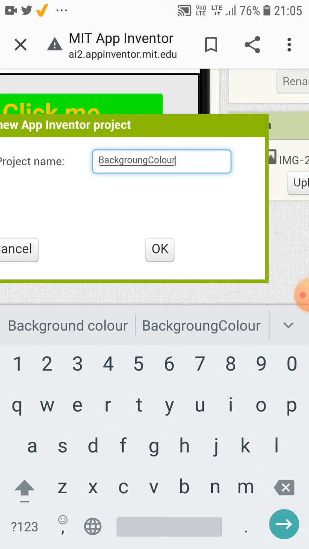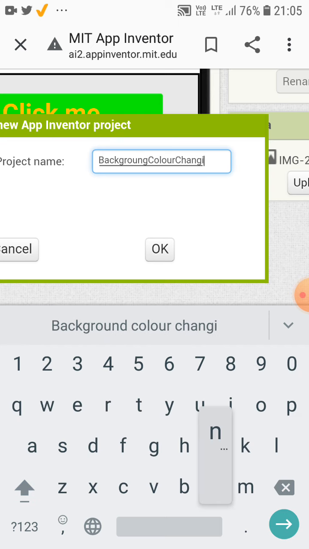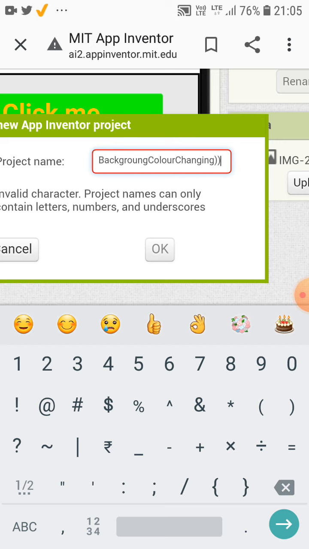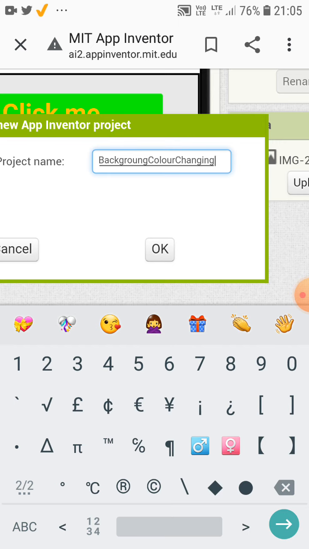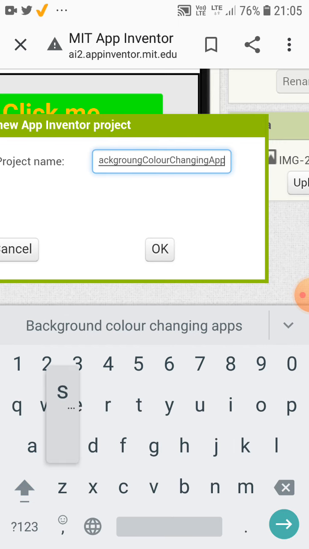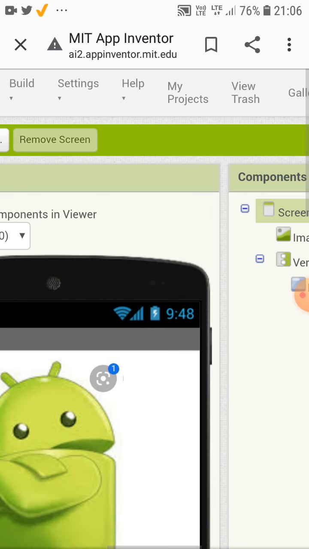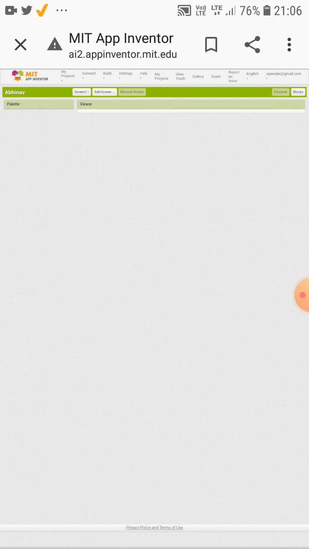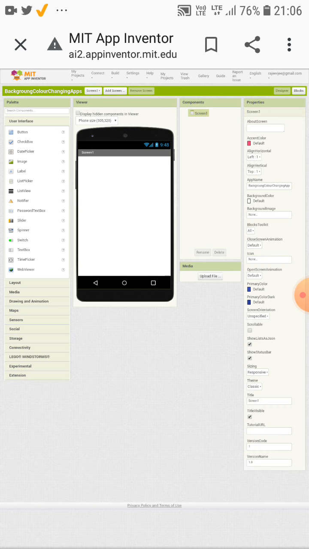Please don't give space between the words. Click on OK. Now it's a screen where you have to make the designing part. This is the part which will show the user on the mobile screen when we will start this app.